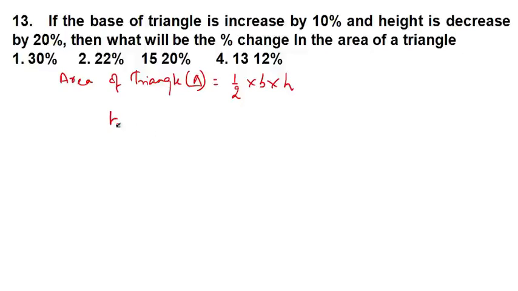Now we have base and height. It is speaking about base and height. So base got increased by 10%. Okay, what is the value of 10% in fraction? It is 1 by 10. This is base. Okay, and height got decreased by 20%, means 1 by 5. See, base before it was 10, now it becomes 11 because it was increasing. Okay, and the height it was 5, now it becomes 4 because it got decreased. Getting my point?